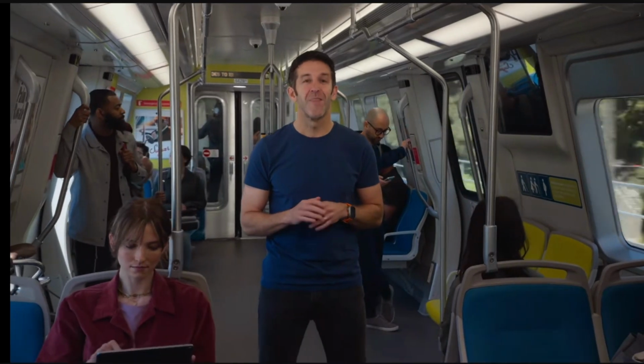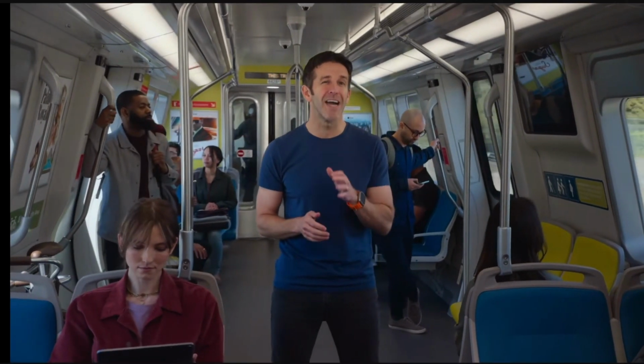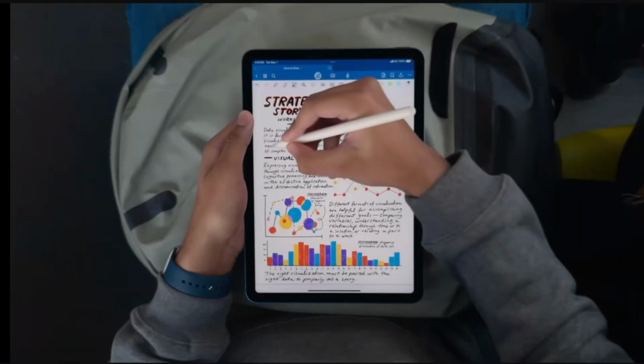Affordable price. That's why a wide range of users rely on it to do so many different things, like college